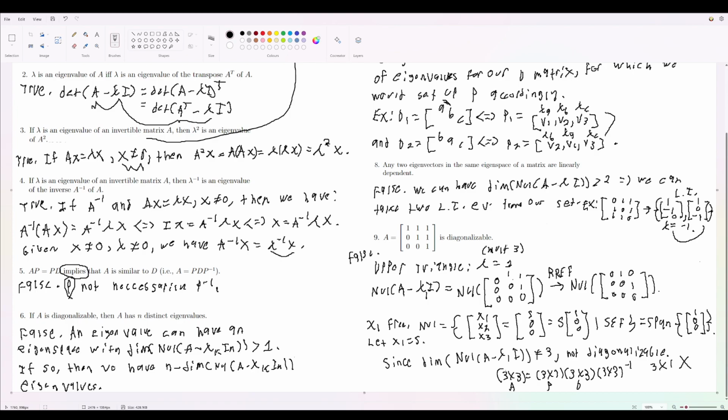So 9. A is diagonalizable. This is false. We can just take the upper triangle to find that our eigenvalues are along the diagonal, so that we have our eigenvalues being just lambda equals 1 with multiplicity 3. So when we take our null space over A minus lambda I, we just get this matrix over here. We do REF, which is just subtracting this row by this, which gives us the null space of this matrix